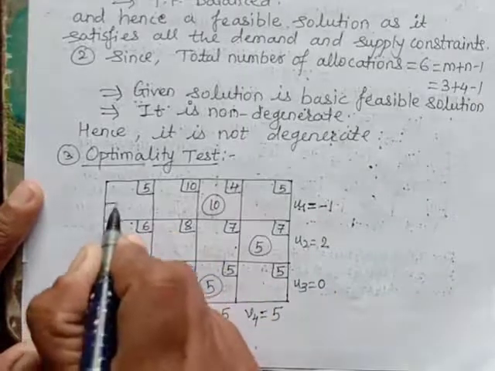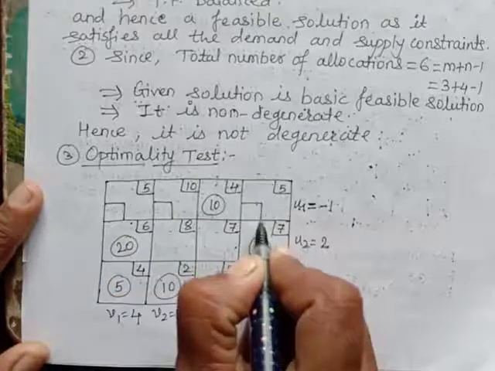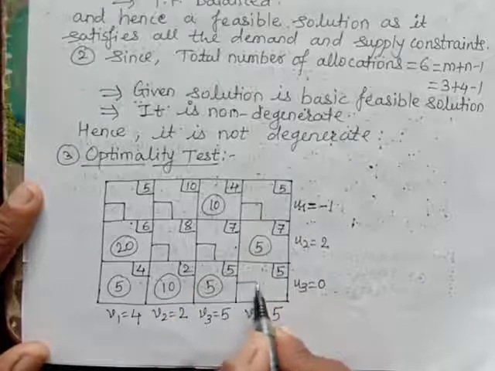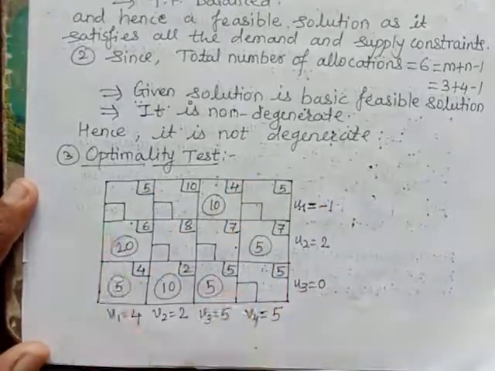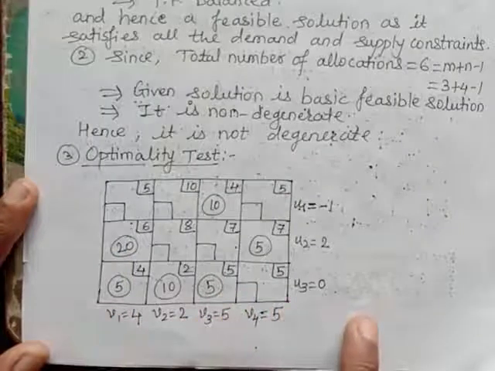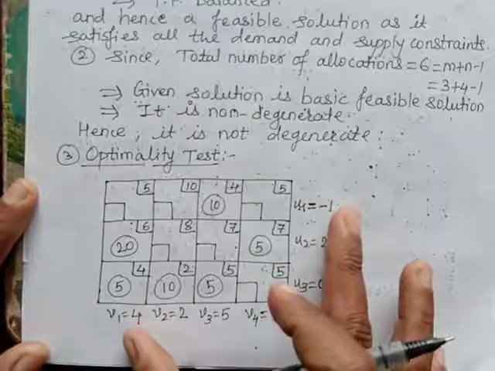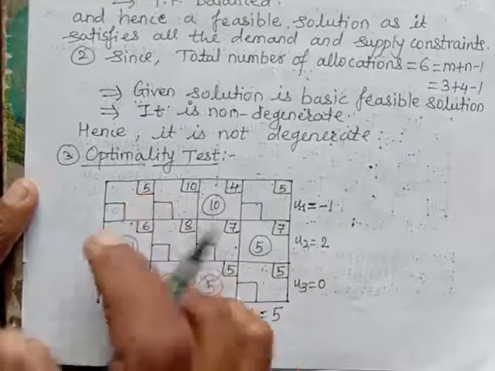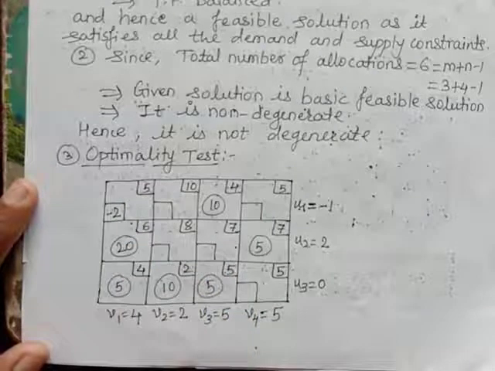So for that we have to determine these delta ij's. Let me determine all delta ij's directly without writing them in detail. Now here simply we have to add these and subtract this cost from it. Ui plus Vj minus Cij will be delta ij, the result for that. Fine. Now 4 plus minus 1 will be 3. 3 minus 5 will be minus 2. This delta ij is minus 2.